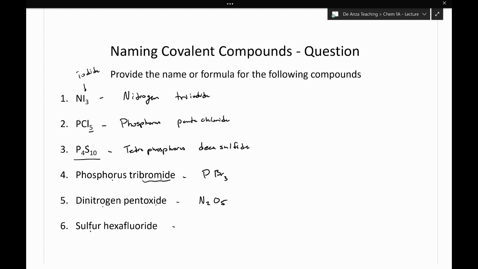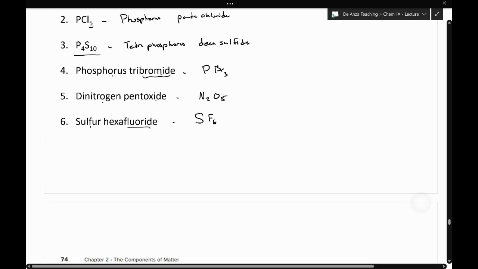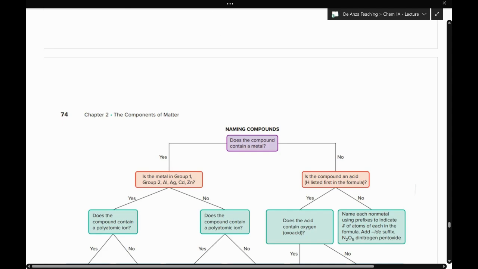And then our final one, we have sulfur. There's no prefix here, so that must mean there's a single sulfur. Hexafluoride, fluoride is fluorine. And then we have 6 from hexa. And so that's how we would write the formula for sulfur hexafluoride. Okay? And so that kind of leaves us with the following scheme that can help us when we're naming whatever